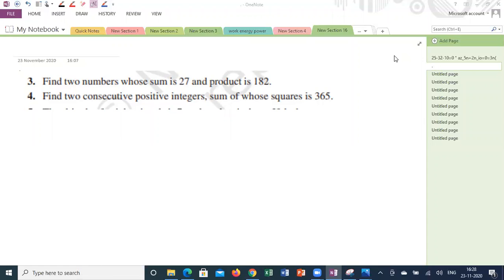So find the two numbers whose sum is 27. From that you can write x plus y is equal to 27, x into y is 182. Here, framing the quadratic equation is very important. That is the clue in this question. Getting the thought is where the marks are. Solving the quadratic equation everyone can do, but framing the quadratic equation is very important here.